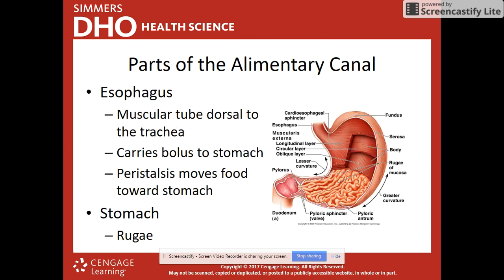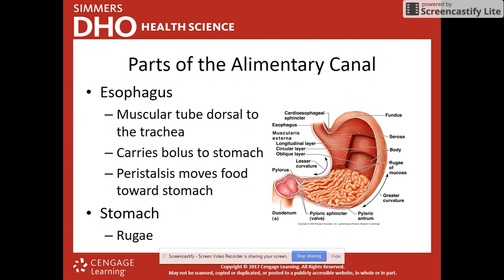So then we have the esophagus, and again, the esophagus, after it breaks off from the pharynx, is going to be the tube that's going to be carrying food down to our stomach. It's actually behind the trachea. That's what it means when it says dorsal. So behind the trachea, it goes back behind all of there, and again, it's going to carry the bolus to the stomach. So your little wad of food is going to make its journey down your throat, go all the way down until it hits your stomach and get in there.